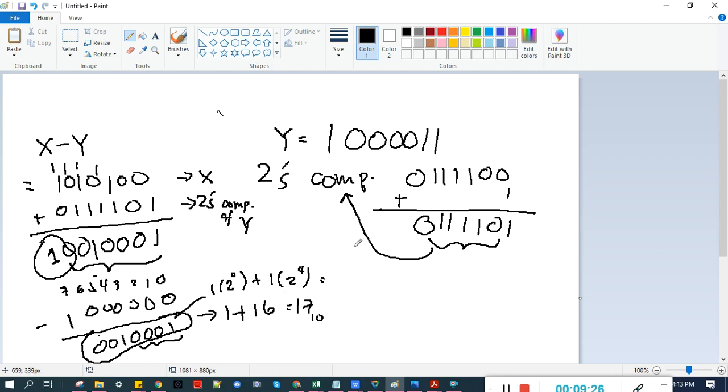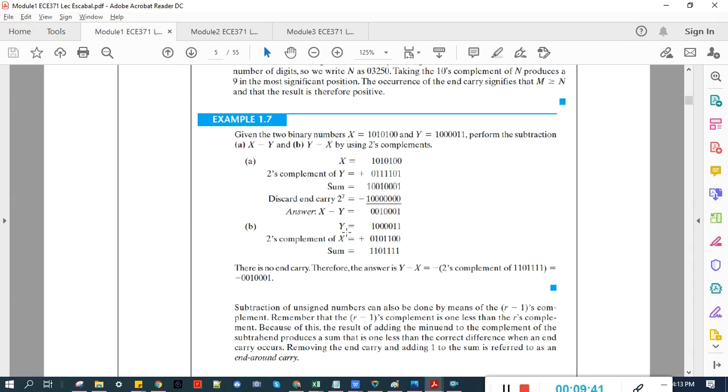Base 10. Anyway, we just converted and showed that this is the equivalent decimal. It's not required. The answer is 1 0 0 0 1 base 2. Next